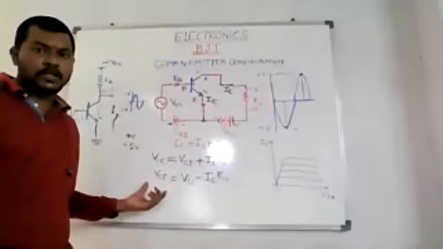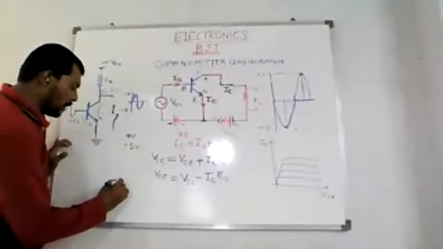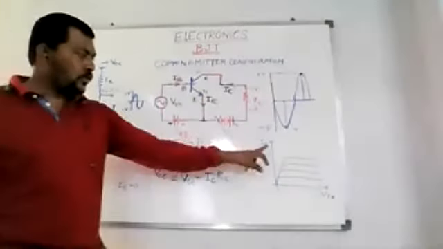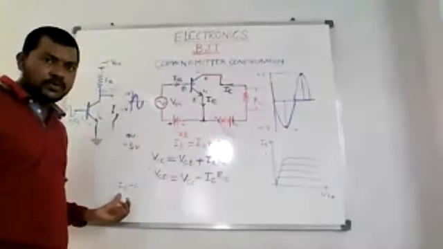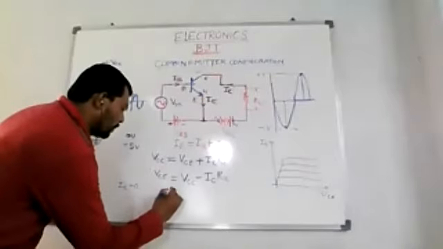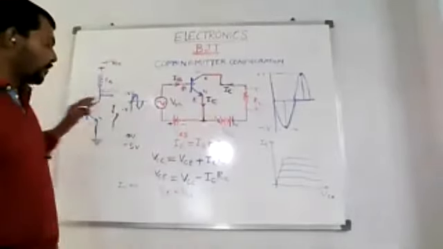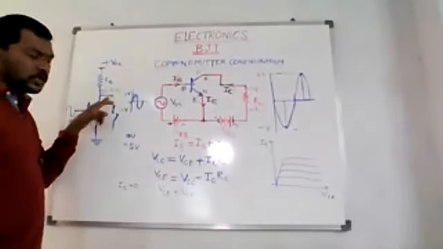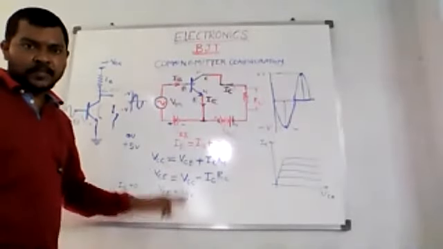So putting that in this equation, when I put IC equal to 0, IC will be 0, it will be on this point, this line. So when I put IC equal to 0, therefore VCE will come out equal to VCC. That I have shown you, that whenever I apply the base current equal to 0, the output voltage will be high. So we'll have VCE equal to VCC, right?